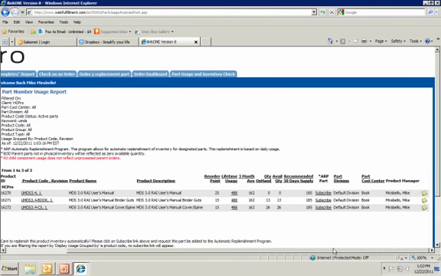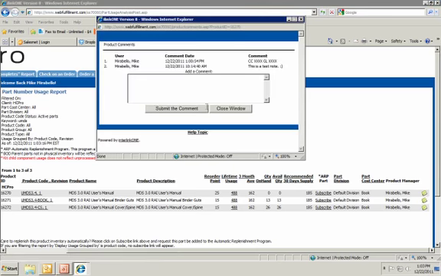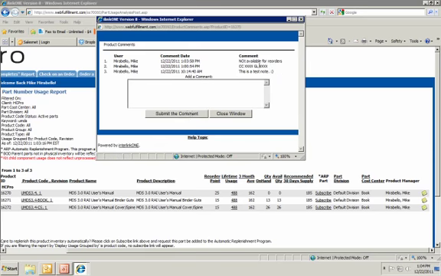So just to the right, you will see that there is a little sticky note, and you can click on the little sticky note for the book, and you can see the cost center is there. I wrote a test note earlier just to make sure that this is working, and you could put "not available for reorders" and submit the comment,